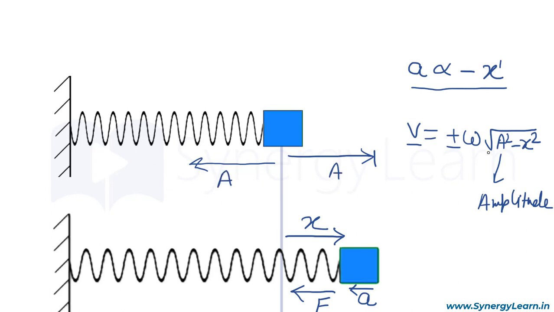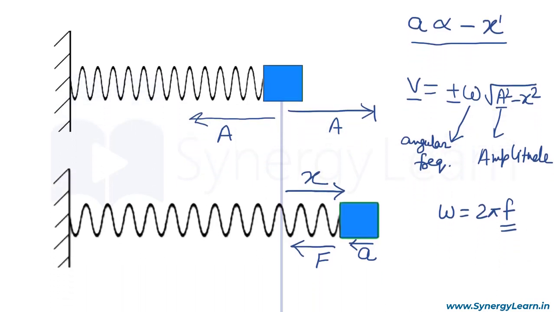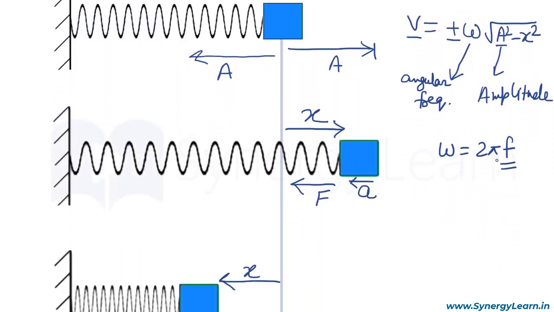So as we can see here, the velocity depends on amplitude, that is, the larger the amplitude, the larger would be the velocity at some instants. Further, the term omega used here is angular frequency. Angular frequency is 2 pi into frequency. Frequency is the number of oscillations per second, and when we multiply it with 2 pi, it is called angular